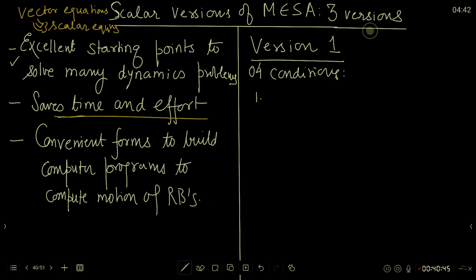Also, these scalar equations are very convenient forms to build computer programs when you try to compute the motion of RBs using a computer, right? In this course, we are not going to use any computer to predict the motion. In this course, we are going to use only pen and paper. However, in real life problems, one would like to write computer programs so that the computation can be done by a computer rather than by us using a calculator. For example, when you launch a missile,